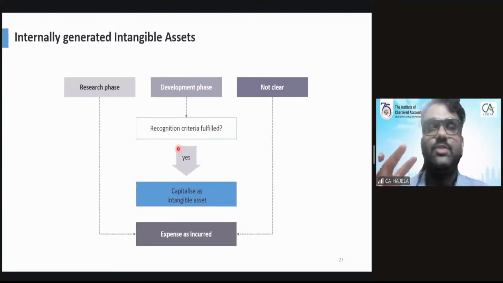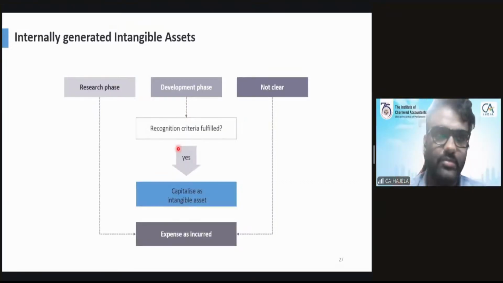देखिए, अगर आप research क्या होता है, there is a lot of hit and trial involved. Let's understand this from the viewpoint of a medicine being made. A pharmaceutical company is making a medicine. ठीक है जी? Now they are doing research on that medicine. They are doing all sorts of research, hits and trial runs,